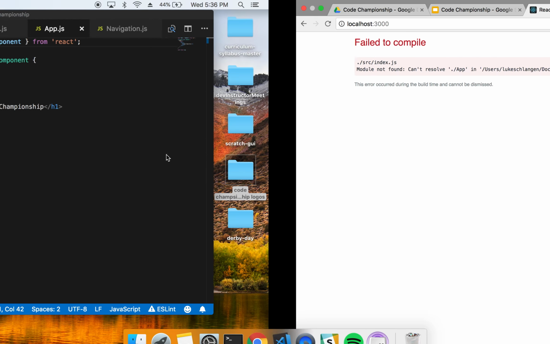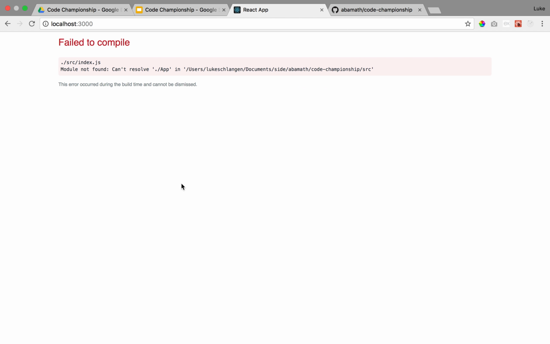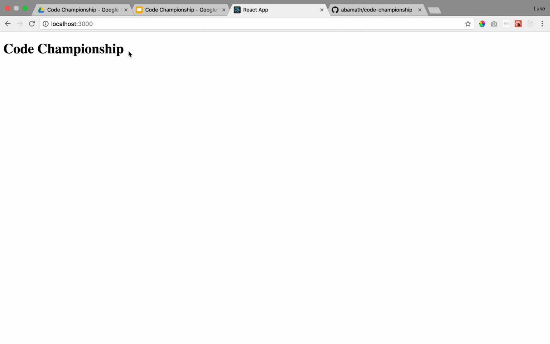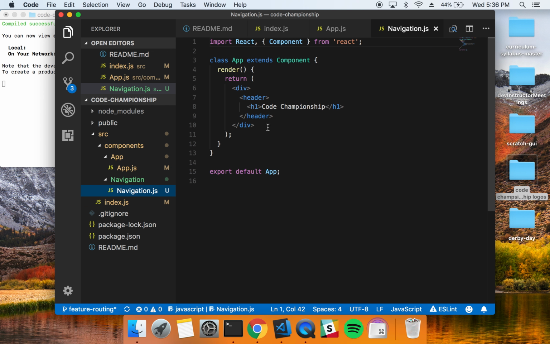Yeah, failed to compile, cannot find ./app. So this is actually going to be in /components/app/app. Great, Code Championship. Excellent. Now what I'm going to be doing here in navigation is I'm going to be creating a UL. So this is my navigation. It's going to be a UL,